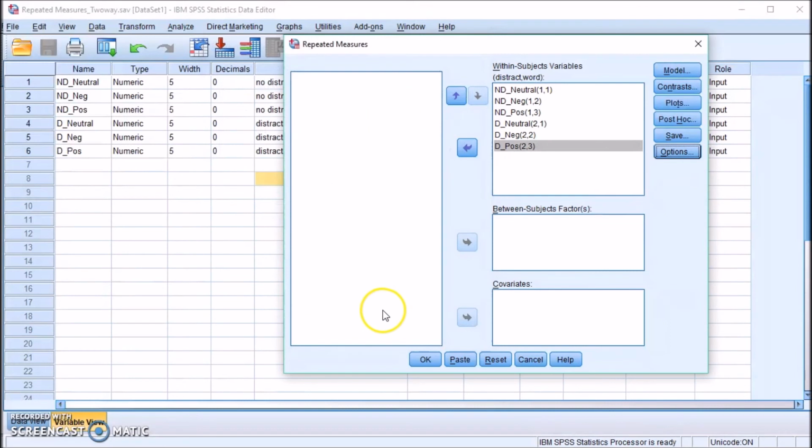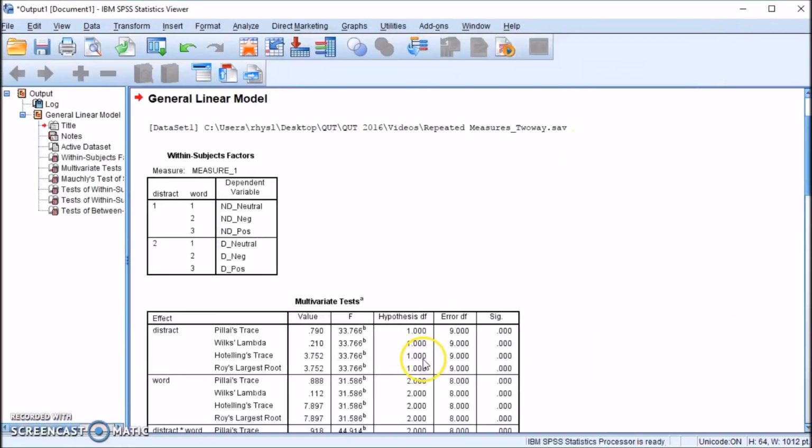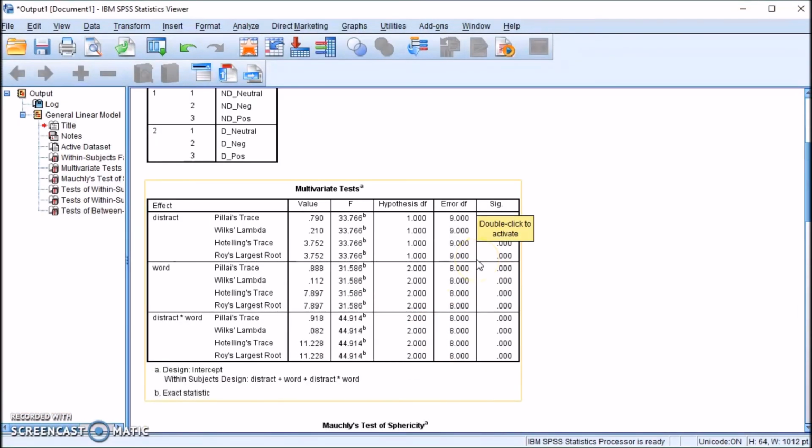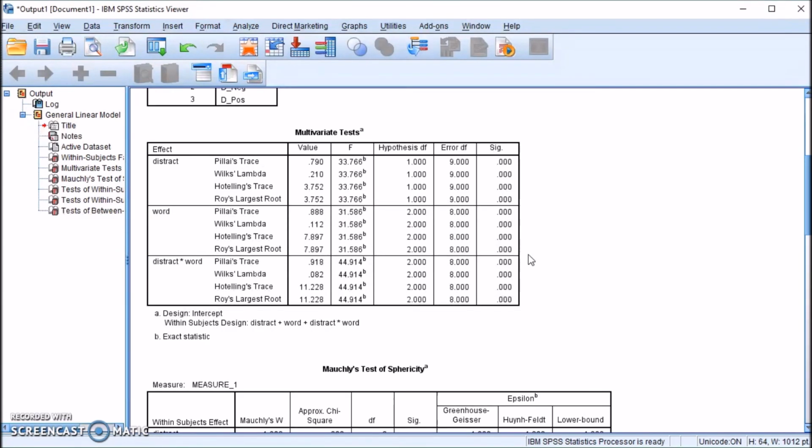I'm going to keep things nice and simple today because I just wanted to show you that process of getting the variables in and then just generating the output. And once you get to this stage, then hopefully you can consult with your prescribed text to help you get through some of the output. But I can assure you, if you've done a two-way between subjects design, the learning curve is not too steep. You still have an interaction effect that you have to